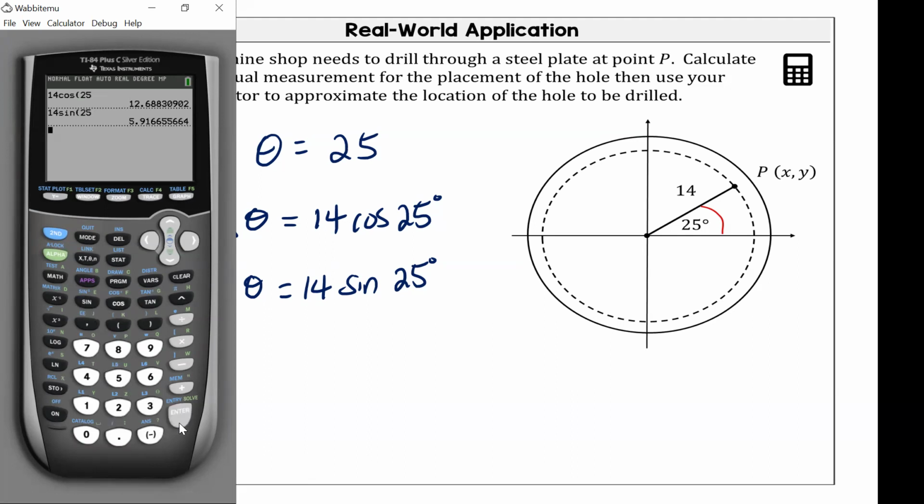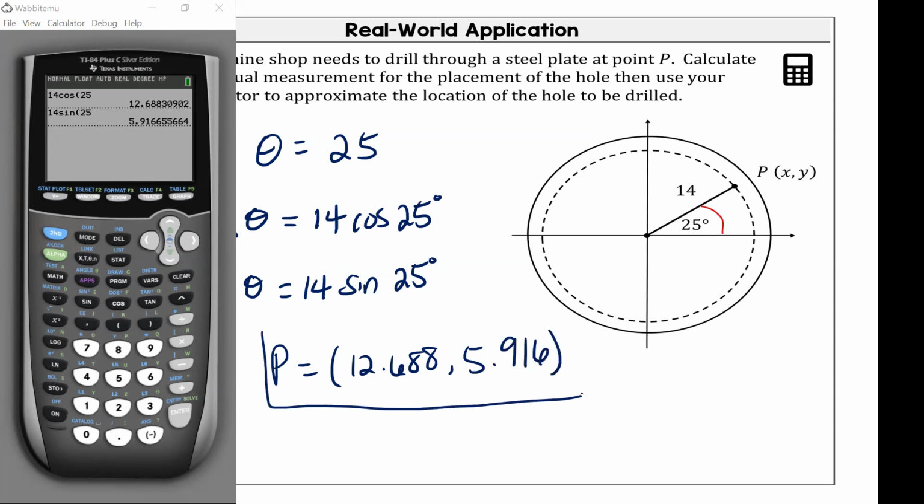Yeah, and we're practicing with truncating. So we just stop it at the third decimal place. So for our cosine, our X value, we get 12.688. And then for our sine, we get